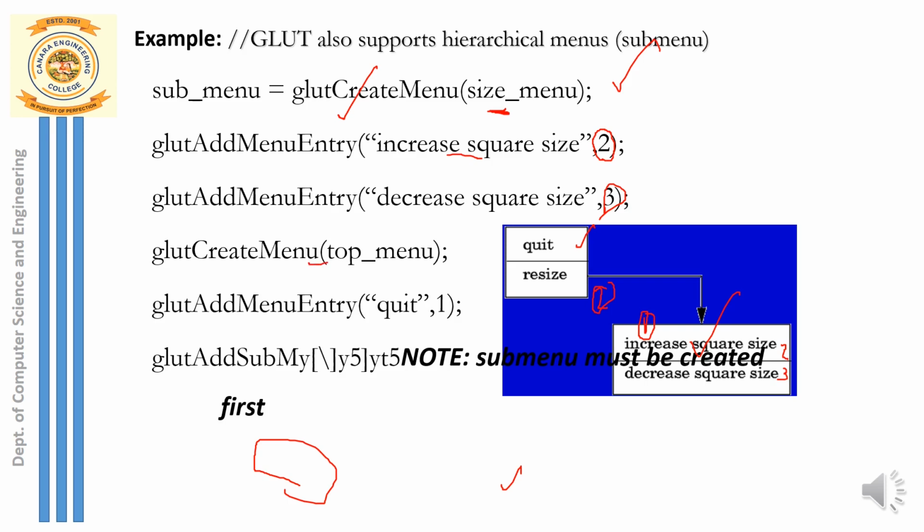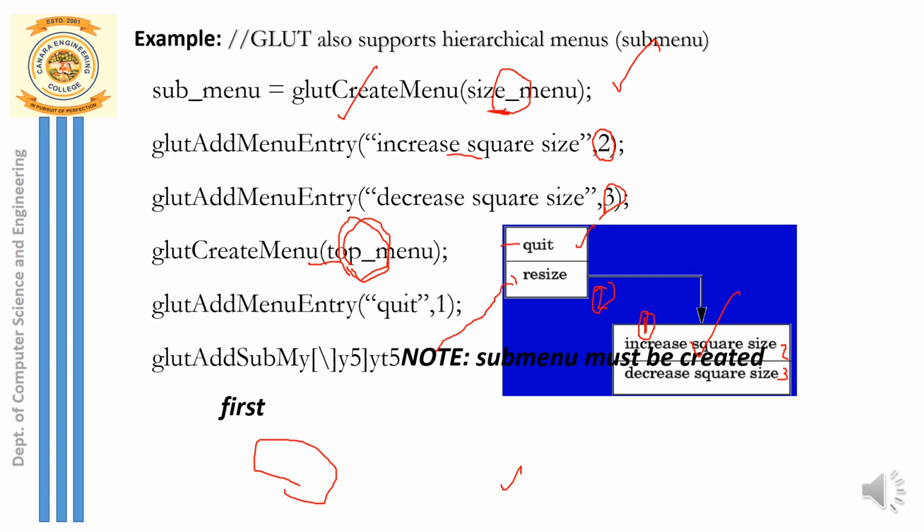Now you go to the main menu. For the main menu, you say glutCreateMenu, again you are creating. This time the menu that you are using is top menu. Earlier this was size menu. So the top menu definition also you should define. Now let's continue with the entries. The first label inside this main menu is quit. The second entry